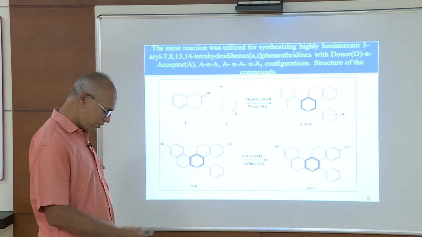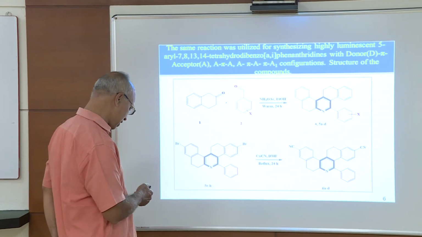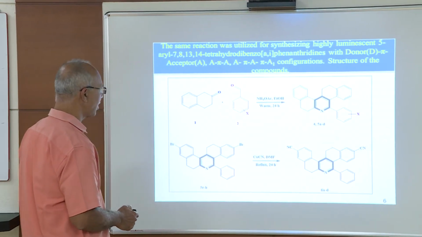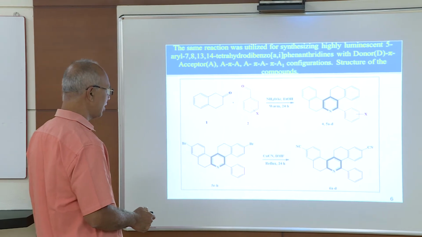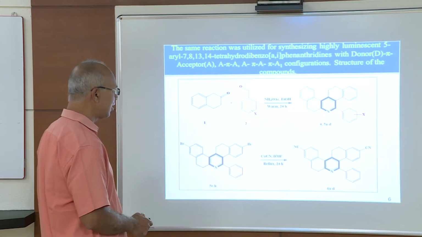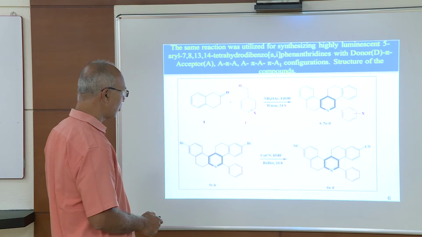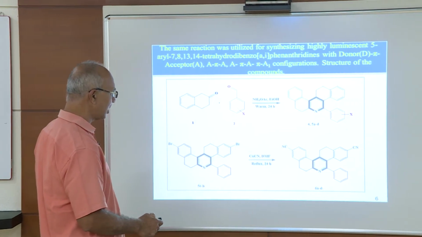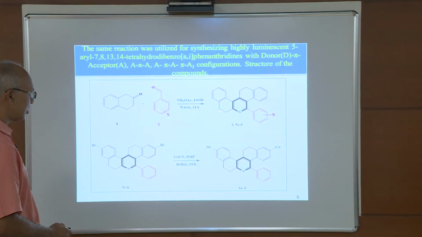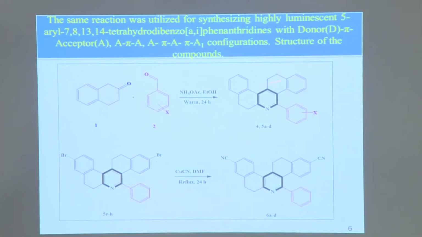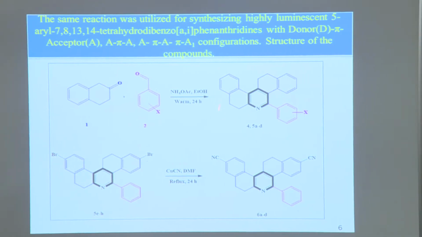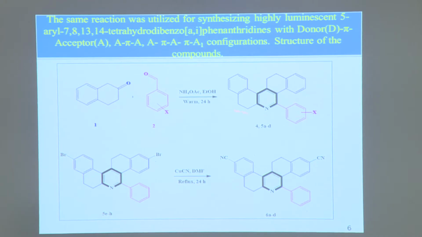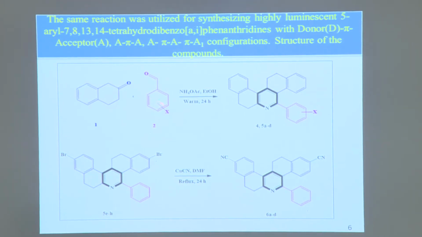So now what we are doing is using the same reaction, that is 2-tetralone, benzaldehyde, substituted benzaldehyde, ammonium acetate and ethanol as the solvent. We are heating for 24 hours, then keeping it for 24 hours. So we are getting this product, which is nothing but the phenanthridine we saw in the last video. Now you will get whatever substitution you take in the benzaldehyde.